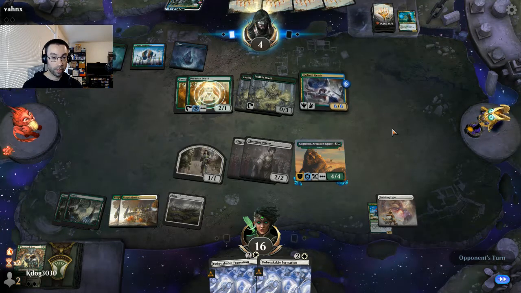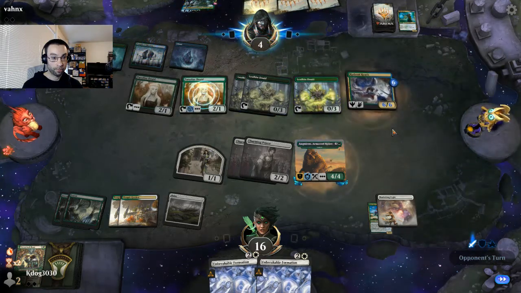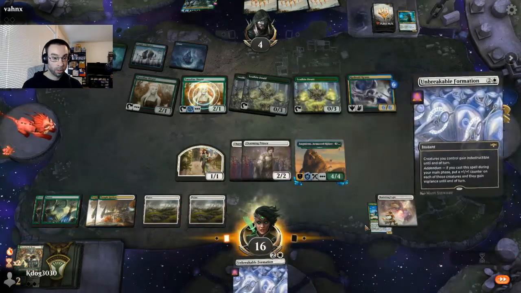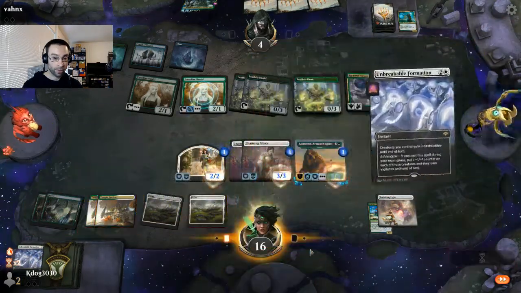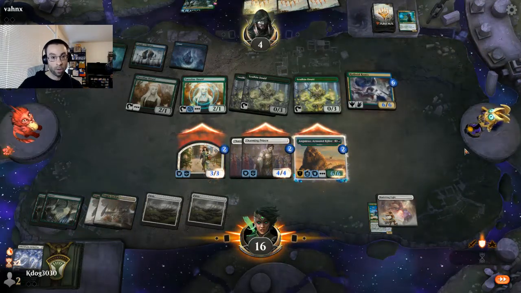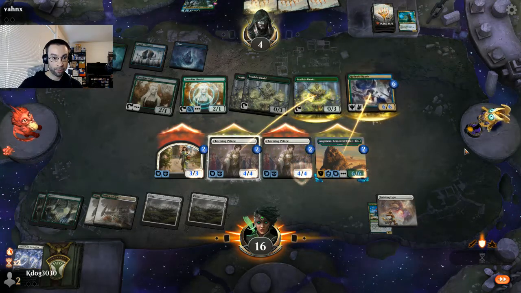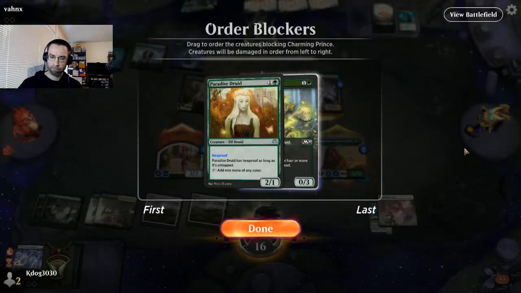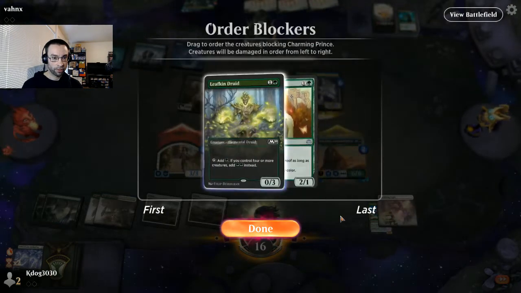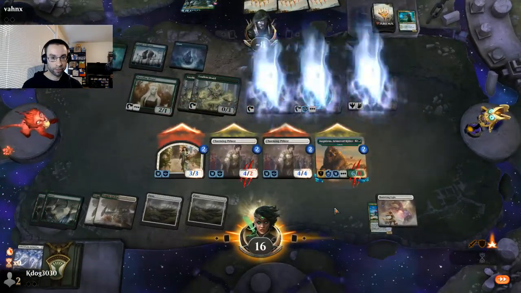We have 3 blockers now. That Paradise Druid, which can tap for mana. Right, we'll just fire both of these off and just try to maximize damage here. So they can block 3 things. They can block our 3 biggest ones, and we get in for 3. Do you want the Paradise Druid gone or the Leafkin? Leafkin taps for multiple, but yeah, our opponent